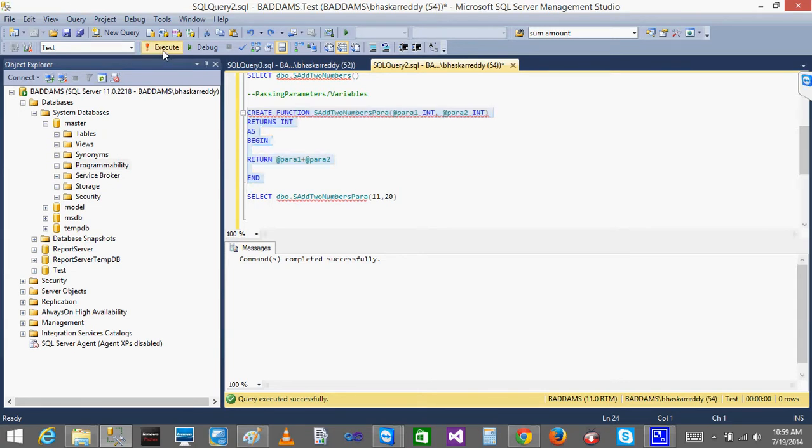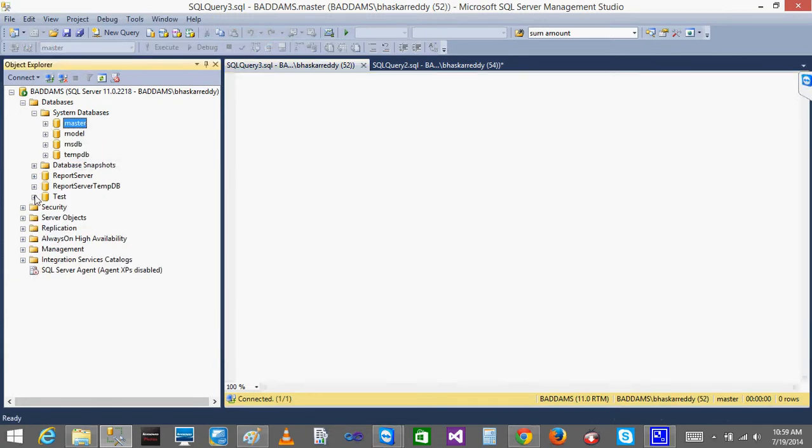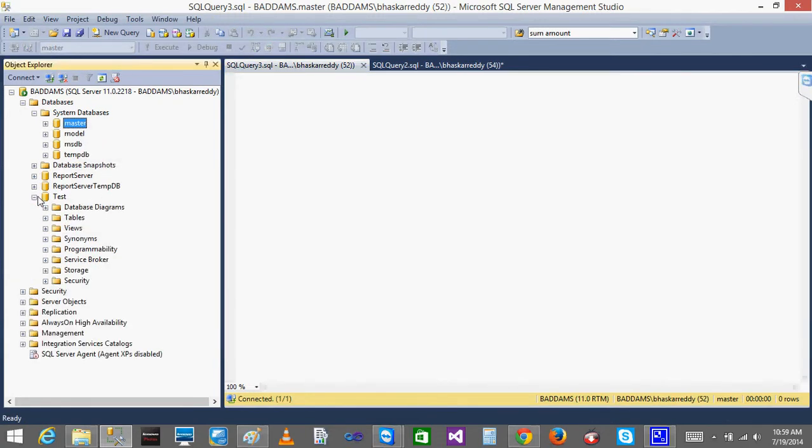Now, if I want to return multiple values, like two columns, or multiple value records, how do I do that? Let's do one thing. I think we got some tables. I'll go to the temp table and test table, and we'll be getting some tables here. So we'll just use some table.